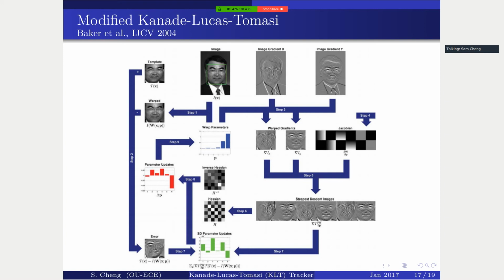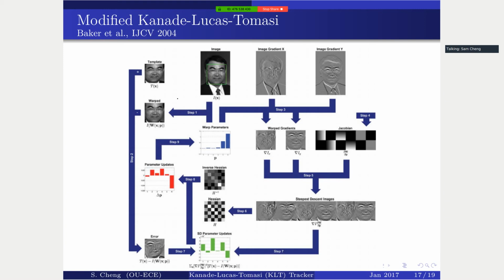You know where the object is there, so you get the bounding box of the original object. Then in the next frame you get the approximate location of that image, and you start with, let's say, assuming no warping. Then I need to compute the image gradient for that part there,